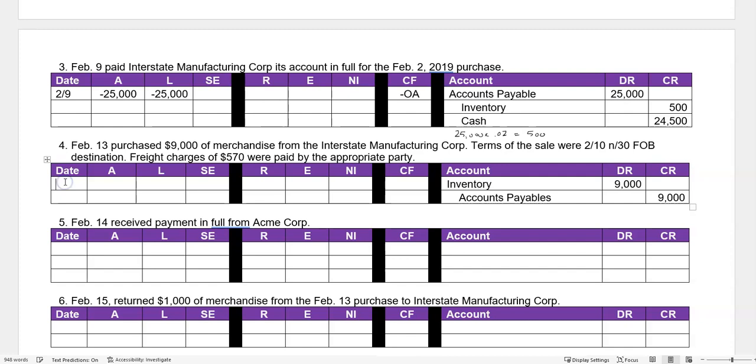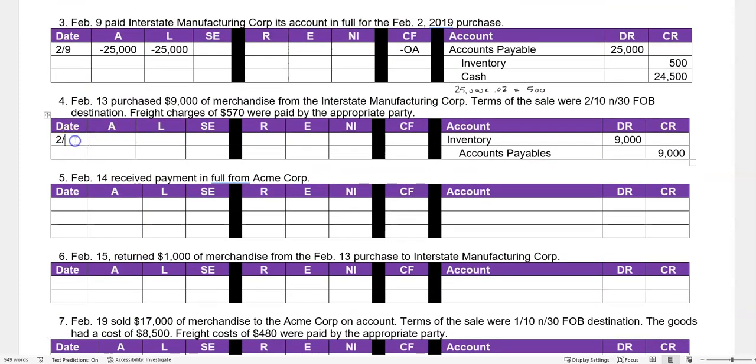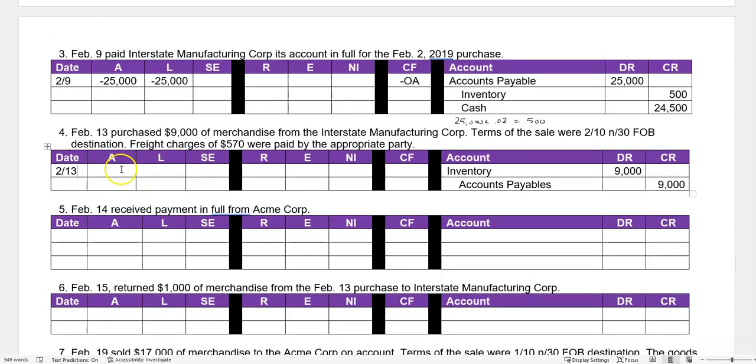Now, how does that impact our financial position? Oops, I hit the number lock key. There we go. Well, let's think about it. Inventory here is an asset, so our assets are going up. Accounts payable is a liability, so our liabilities are also going up. We owe money for these goods. The income statement is not impacted, nor is the statement of cash flow. There's no revenues, expenses, or cash involved in that